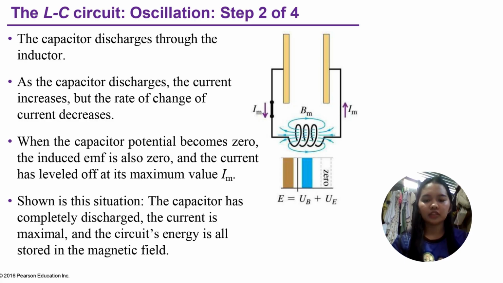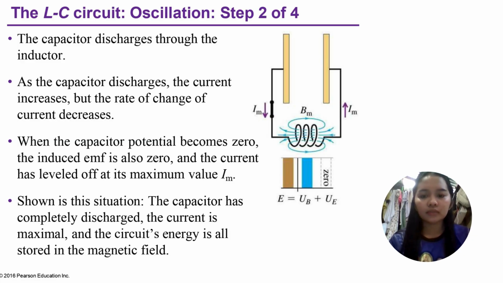So next in step 2, the capacitor begins to discharge through the inductor. As the capacitor discharges, the current increases and the magnetic field builds up around the inductor. So energy is now being transferred from the capacitor's electric field to the inductor's magnetic field. So when the capacitor is fully discharged, all the energy is stored in the inductor's magnetic field and the current